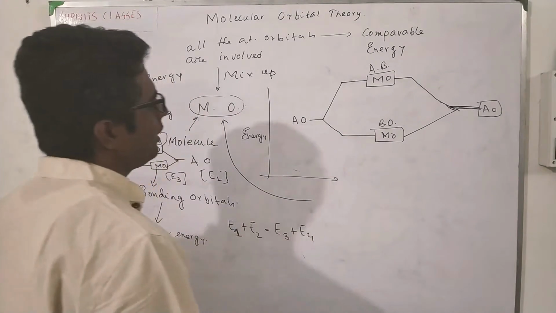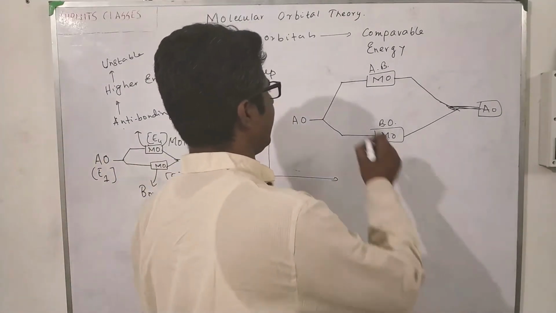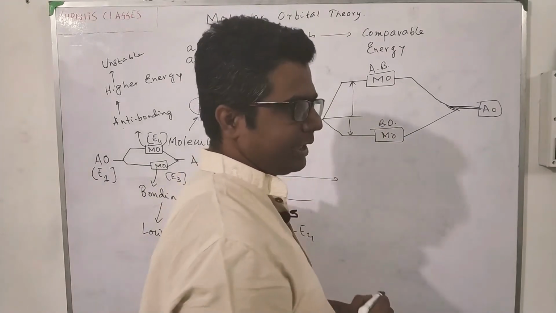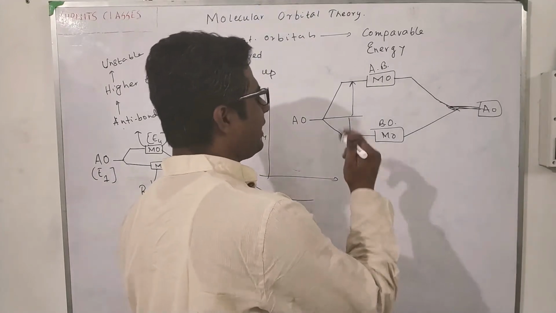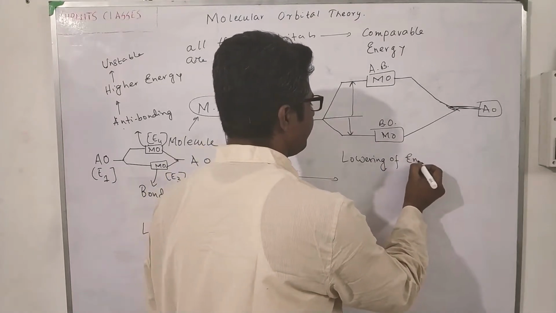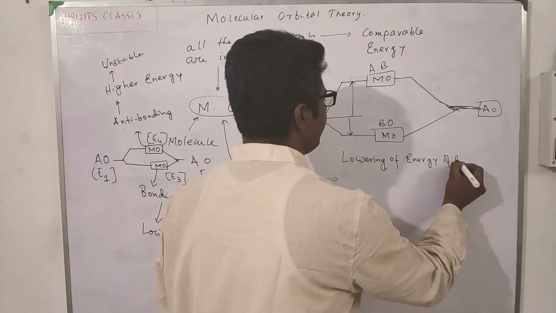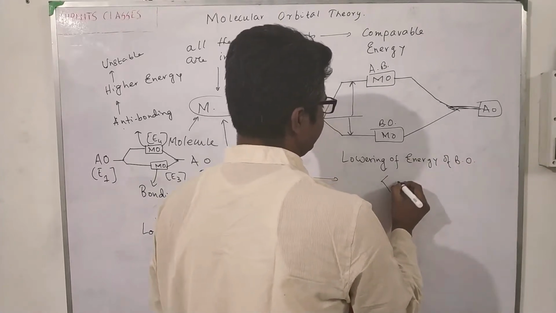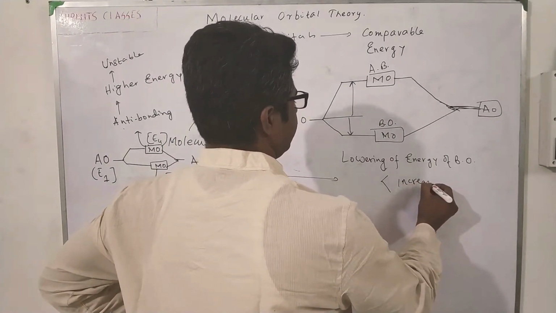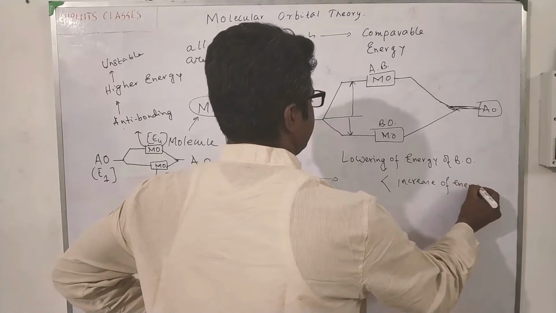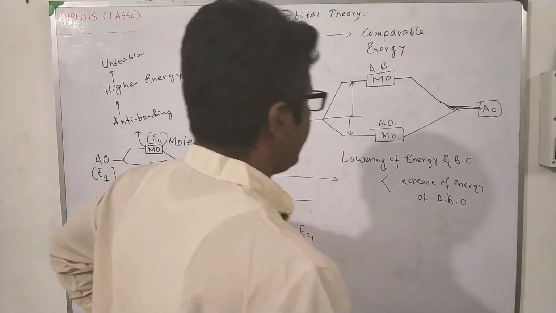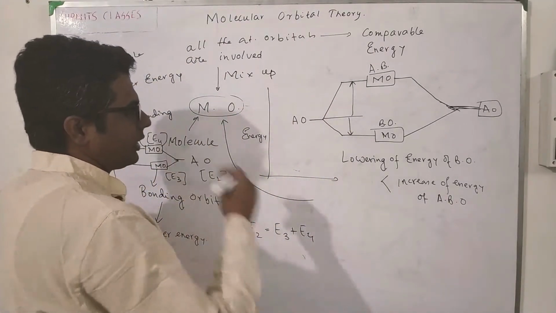ठीक है. सो बॉन्डिंग ऑर्बिटल का लोअर एनर्जी। लेकिन यहाँ पे एक डिफरेंस आपको देखने को मिलेगा, यहाँ पे आपका जितना इंक्रीज हुआ एनर्जी, यहाँ पे उतना कम नहीं हुआ, ठीक है। सो बॉन्डिंग ऑर्बिटल lowering, I can say the lowering of energy of bonding orbital is less than increase of energy of anti-bonding orbital, ठीक है। बहुत इंपॉर्टेंट चीज है, बिकॉज इफेक्ट ऑफ एंटी-बॉन्डिंग ऑर्बिटल इज मच मोर, ठीक है।